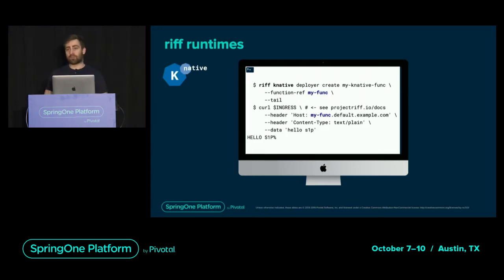But then it's very similar to the core example, right? There is just one extra header because internally Knative needs to route the requests to the proper deployed workload. That's why you have this host here, where we suppose that the function has been deployed in the default namespace, and we have a default configuration for example.com. But the rest is very similar to what we've seen before, and by doing that, you also get auto-scaling for free.